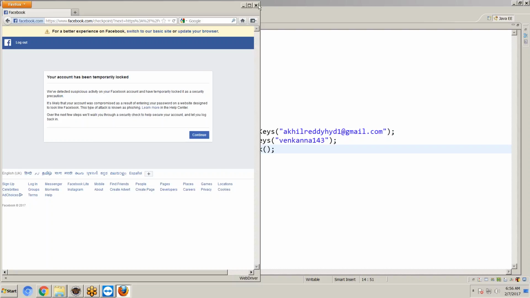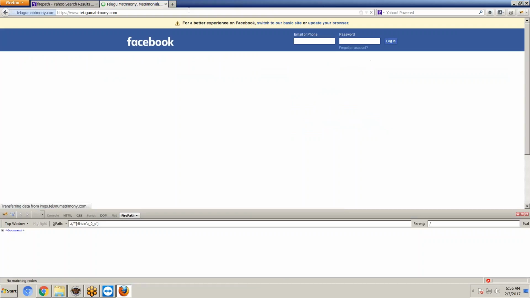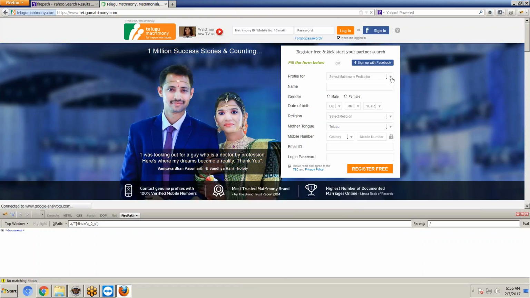I'm going to telugumatrimony.com. Here we can get all types of elements, madam. First one, select box: the profile for field is a select box.